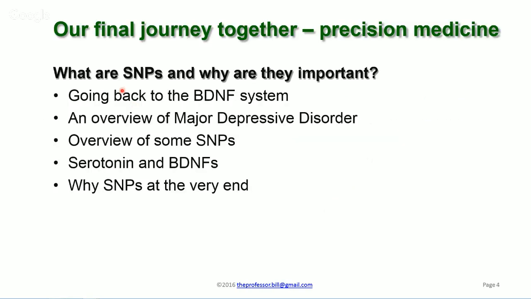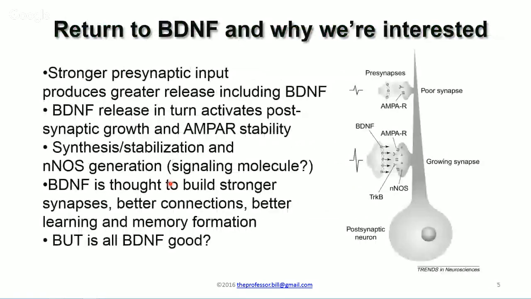So I'm going to go through what SNPs are and why they're important, particularly in the context of BDNF. I'm going to give you an overview of major depressive disorder, and then go through some specific SNPs as well as the theory behind serotonin and BDNF. We'll go through SNPs again at the very end of today's lecture, but more likely at the beginning of Monday's lecture. We've already looked at BDNF previously in this course, and this is one of the reasons why we're particularly interested. If you are going to remember things from this very brief lecture,